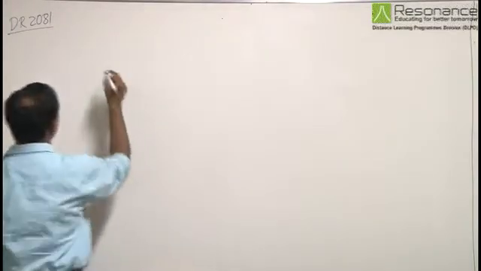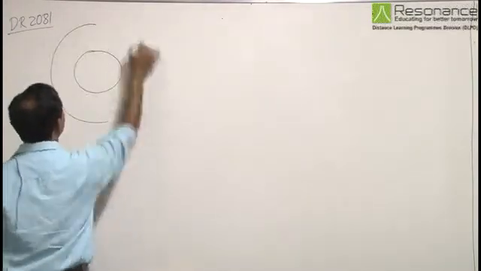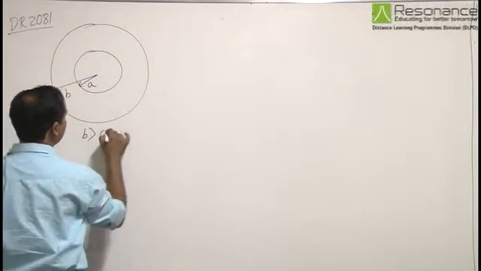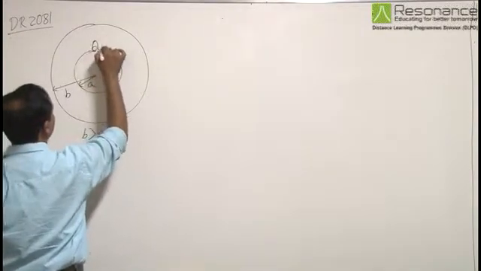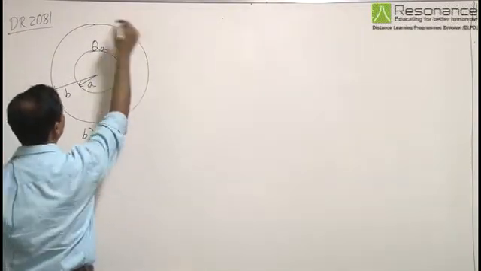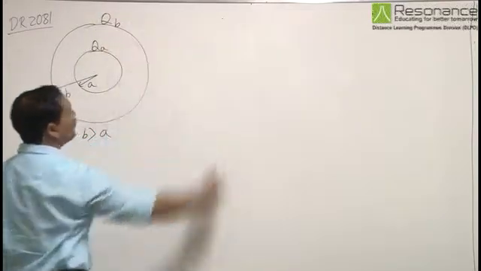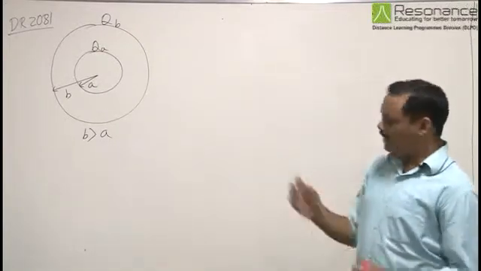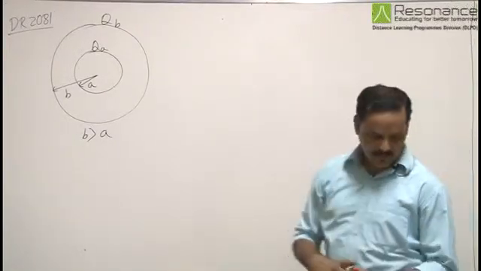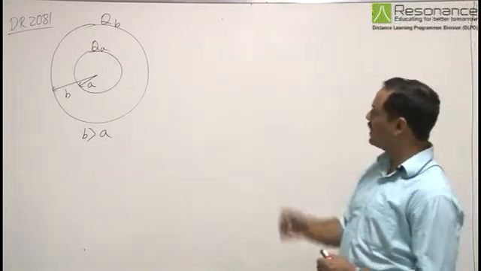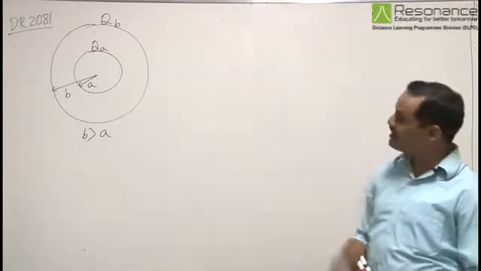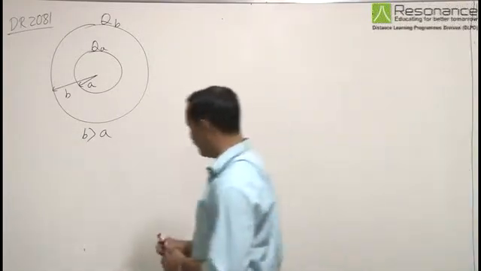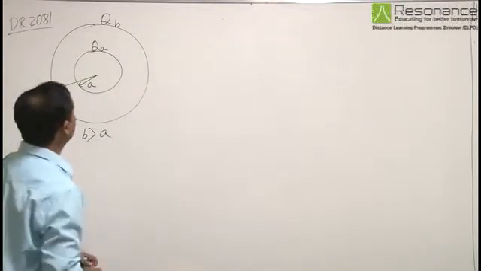So, right now we have two concentric conducting spheres, one has radius a, the other has radius b, b is greater than a. A charge qa is given to the inner sphere and qb is given to the outer sphere. This is the initial situation. Now it is said that the spheres are connected by a conducting wire. So after connection we need to find the charges on the spheres and the heat produced in the spheres during this particular process.